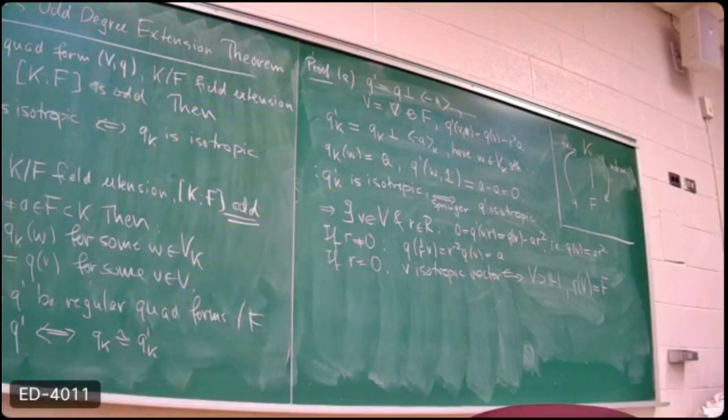So the norm, it's called the norm. The function K to F, and it's defined by mapping K to the determinant of the endomorphism of the F vector space K, where LK is left multiplication by K. So this is the multiplication in the field K, but I can view this as a linear operator of the F vector space K. So LK is an endomorphism of the F vector space K,